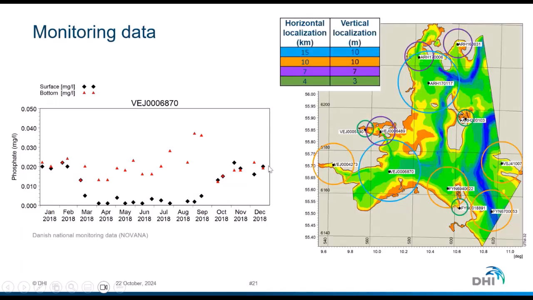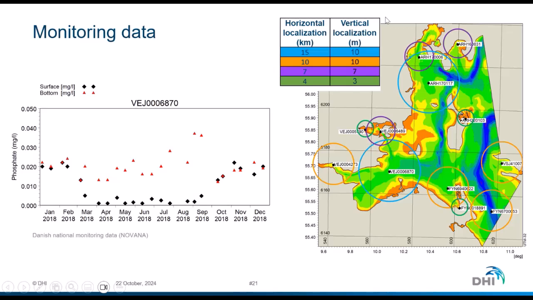In the model domain, there are 12 monitoring stations. Some are open waters and some are located within the fjords. For the open water stations, we found that we could use a large horizontal localization, which Maj-Britt talked about before. That is, how large an area the data assimilation should have an effect.